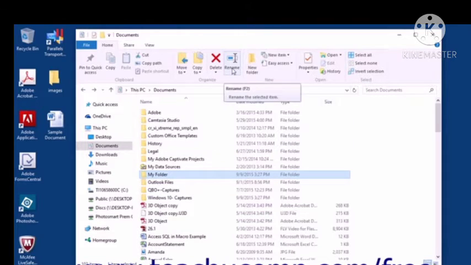Right click, otherwise you can go upside. There will be a rename option. When you click on the rename option, a small cursor will be there and there you can type which name you want to give.